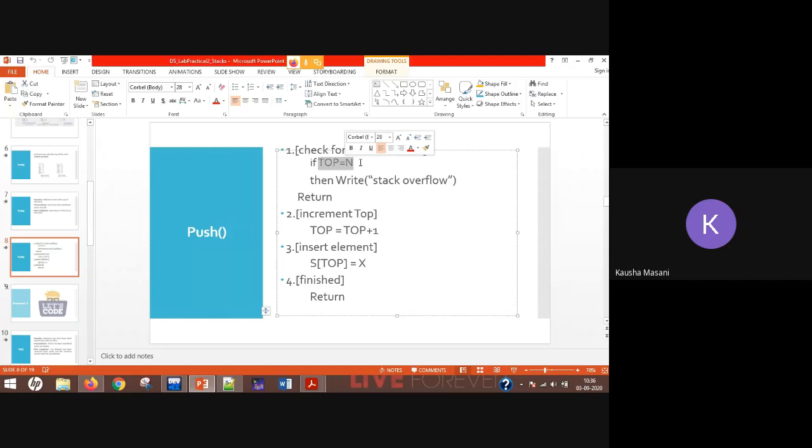Okay, n is not your stack size. It should be stack size minus 1 because we are dealing with array implementation, and top is going to store the index value. So what will the condition look like?